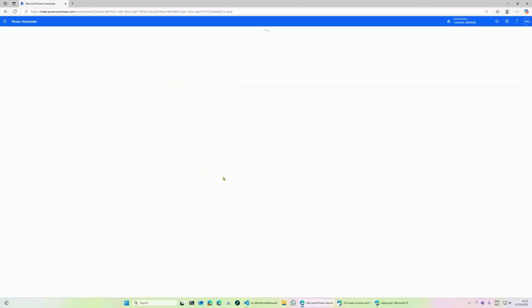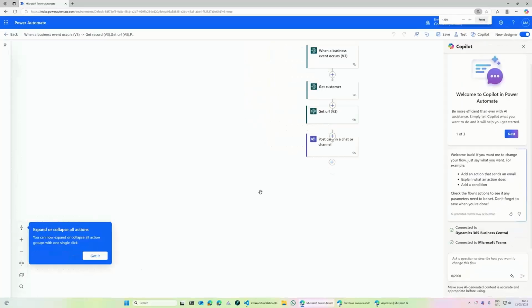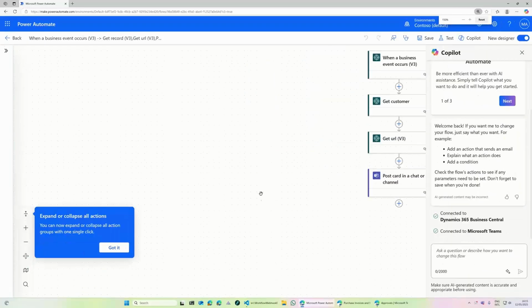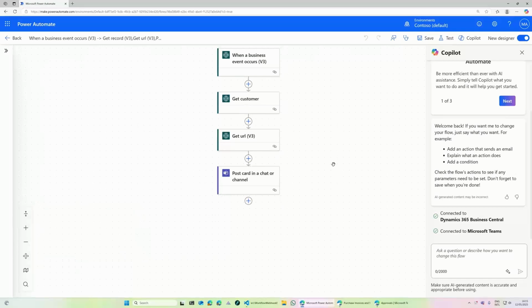and I'm just going to use this one as an example. Let me make it a little bit bigger. So this is an example. It doesn't really matter which one I'm using, but what I'm going to tell you can be applied to any Business Central step, any action that you take.